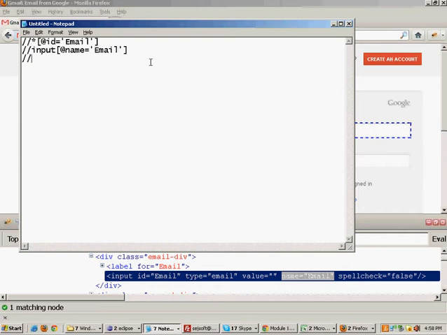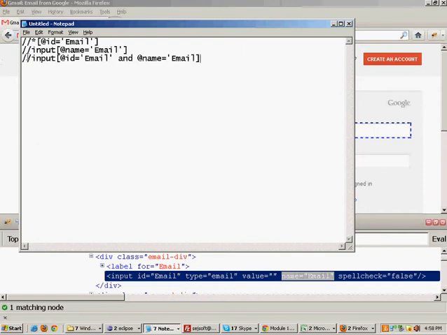Then you can have another XPath, say on the basis of both the things. That is, this XPath is also valid. That @ID is email and @name is also email.